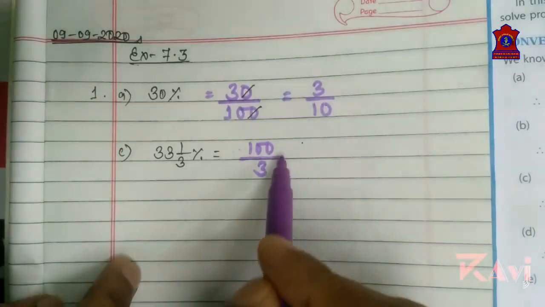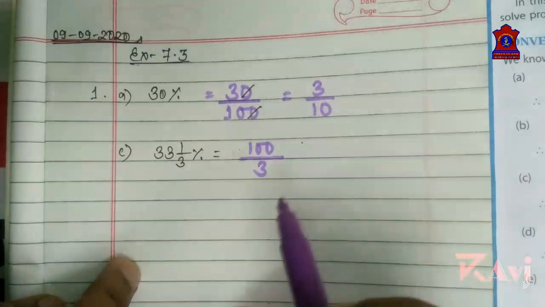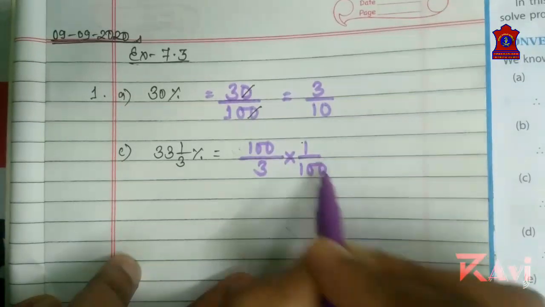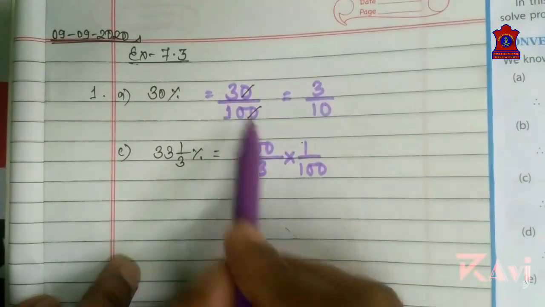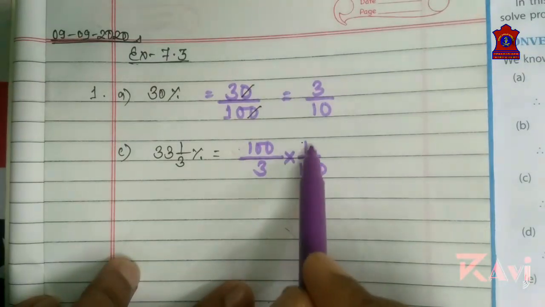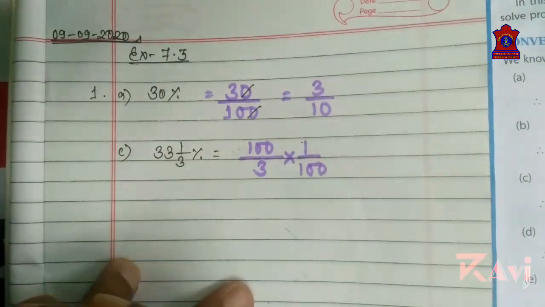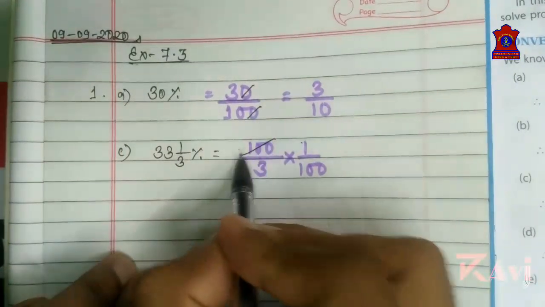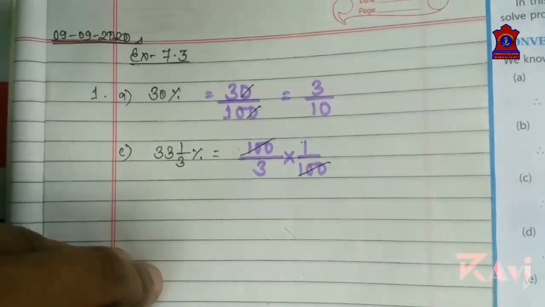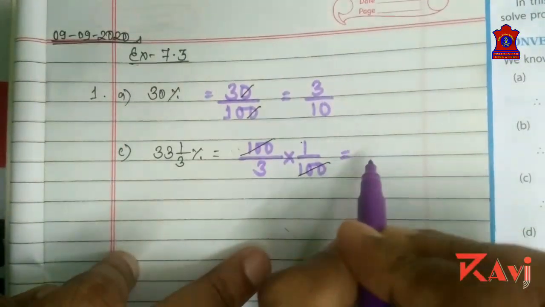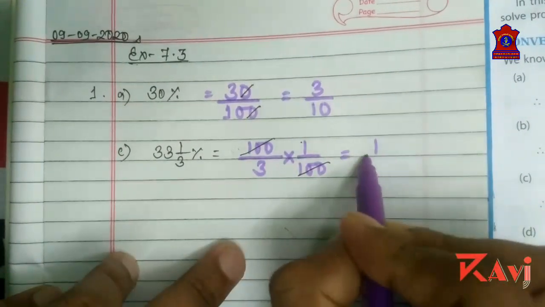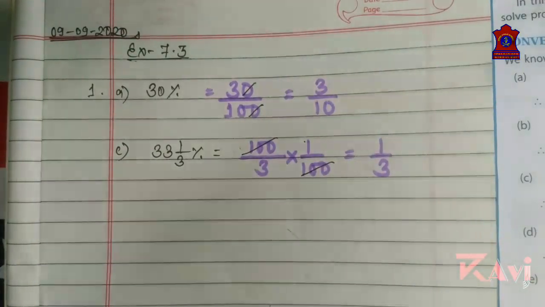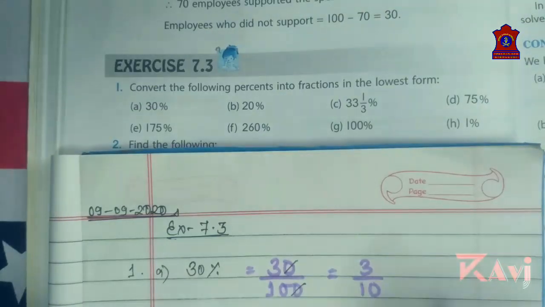See, when the percentage is given as a fraction, what you will be doing is writing like this: 1 by 100. We are dividing by 100, so here again it is divided by 100, so you will be writing it like this: 1 by 100. Clear? See here, we can do the cross multiplication. 100 and 100 cancel. So what we are getting here is 1 by 3, which is the fractional form of 33 1 by 3%. Okay, let's do one more question.